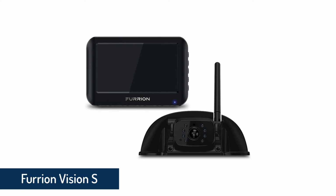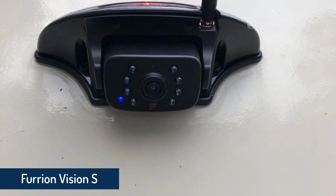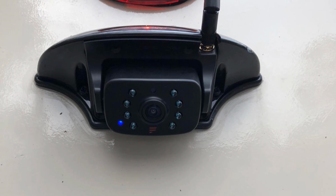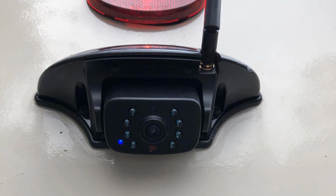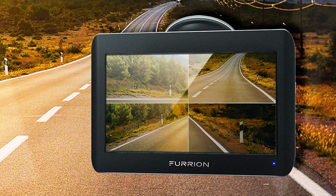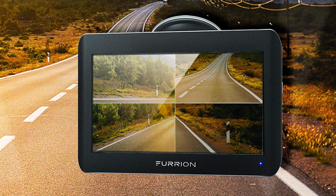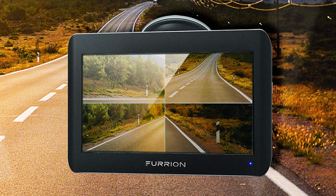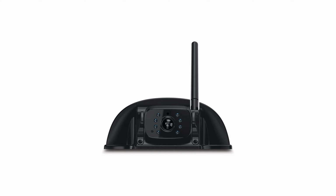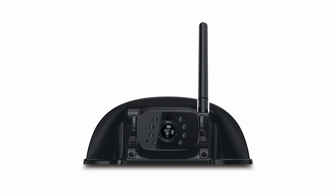Furrion Vision S 4.3-inch wireless RV backup system. The Furrion Vision S wireless backup system uses a long-range 2.4 GHz signal to protect your RV. Features include a built-in microphone with sound and motion detection to keep your RV safe at all times. Viewing is made easy, thanks to an oversized screen of over 4 inches with built-in anti-glare, 720p resolution, and a